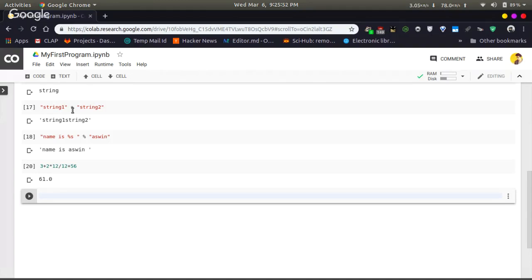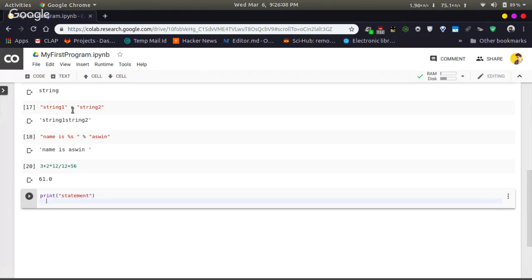Now we will discuss about the indentation. Okay, when you write a print statement like this, it will work. But when you type a tab, or if you give an indentation to the next statement, it will not work, because in Python, indentation has a value.